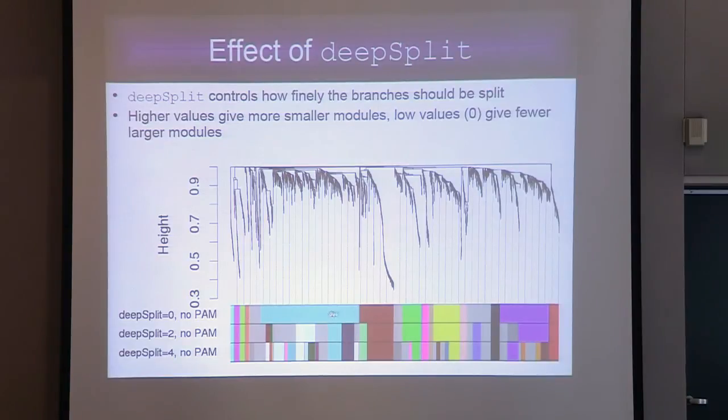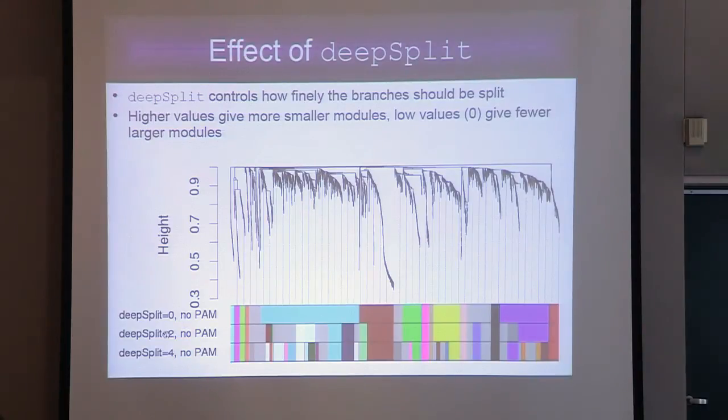The cluster colors are very clean because there's no PAM stage to sort of jumble them up. But you will have relatively large blocks of gray color where there are unassigned genes, even though you may think that there are some branches here. So you're missing a little bit if you set deep split to 0 and you don't use the